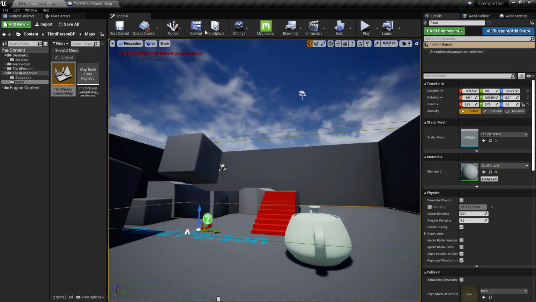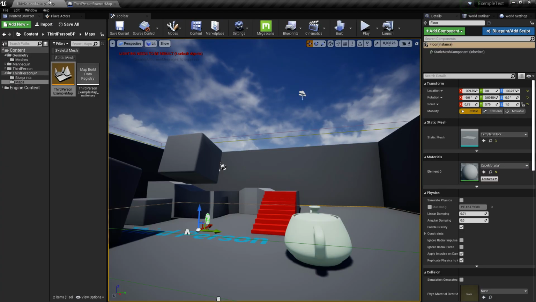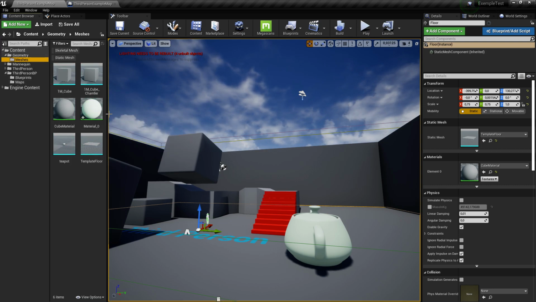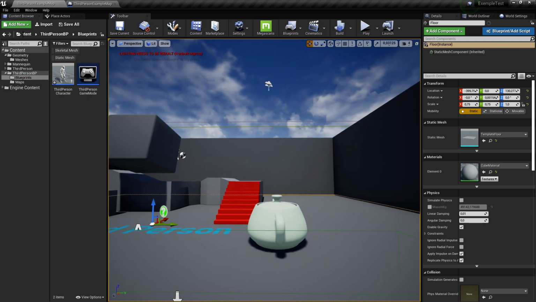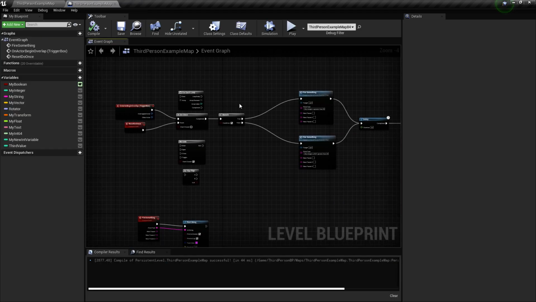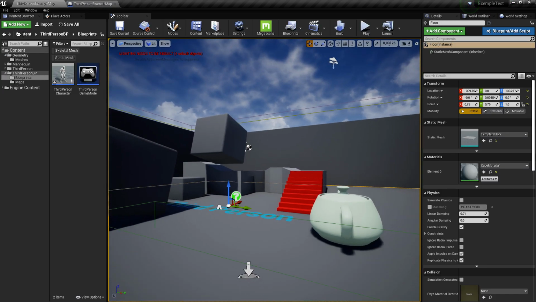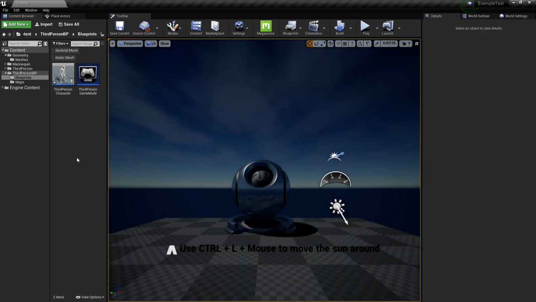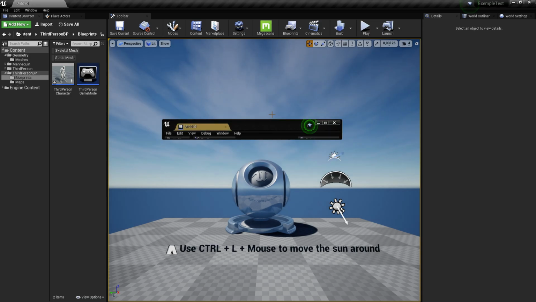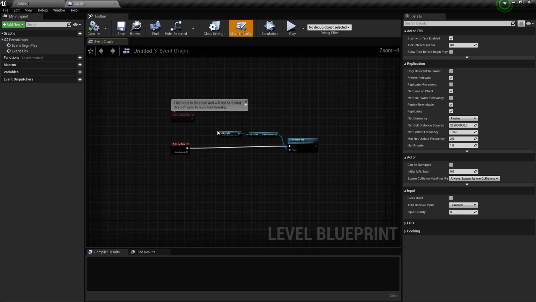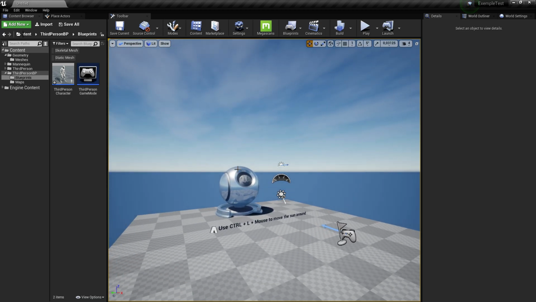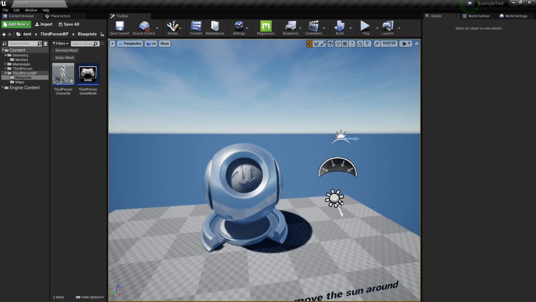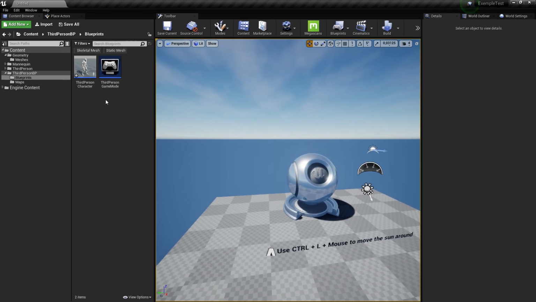Alright, so now that I've shown you the level blueprint, I'm going to show you the blueprint classes. Blueprint classes are like the level blueprint, but not bound to this level. For example, if I change my level by pressing Control N, all my code is gone and I have something else. If I want something persistent that I can create once and move around between levels, blueprint classes are what we need.